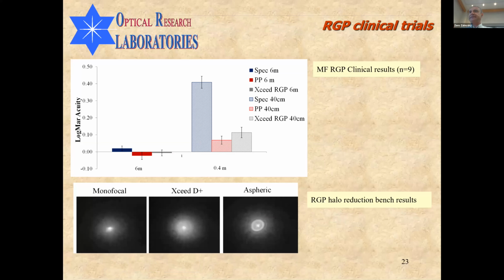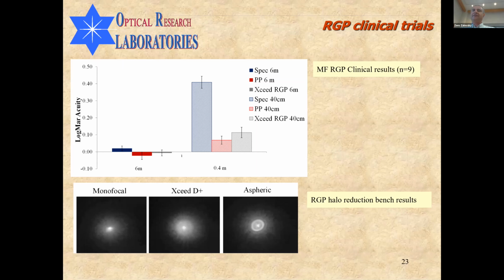And this is almost the last thing I'm going to speak about in my presentation. Another thing which is very important in those extended depth of focus ophthalmic lenses is that they deal with a very problematic effect, which is called the halo effect. The halo effect is when you have intraocular lenses implanted, for instance, for people with cataract, then at night, when they look at bright light sources, they have a ring, a halo around the source. And this disturbs them a lot